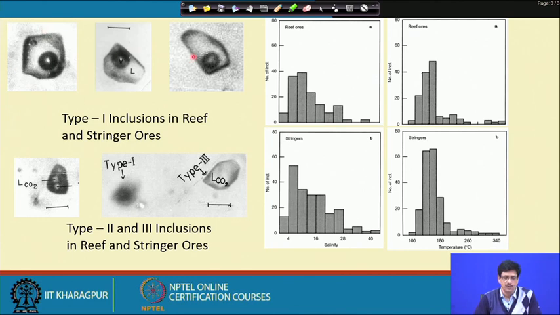The fluid inclusions in them, so these are old photographs, aqueous biphase, I could say that they are the type 1, that is the most dominant type of fluid inclusion observed in the quartz reef as well as the stringers, and even in some quartzo-feldspathic rich veins, we can call them pegmatoid kind of vein, and sometimes also we get disseminations in granite, and we have different ore regimes. And when we see the inclusion types, they are very consistent, only with the fact that these type 2 inclusions, which are the aqueous carbonic inclusions, are very rare in the reef. I will come to that explanation later.